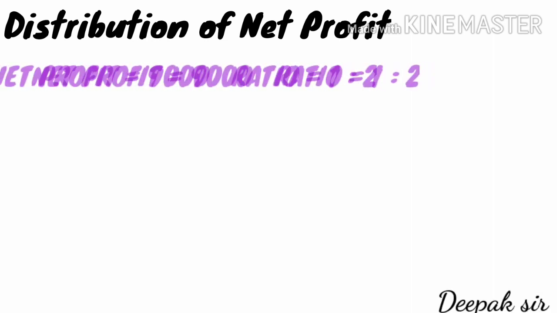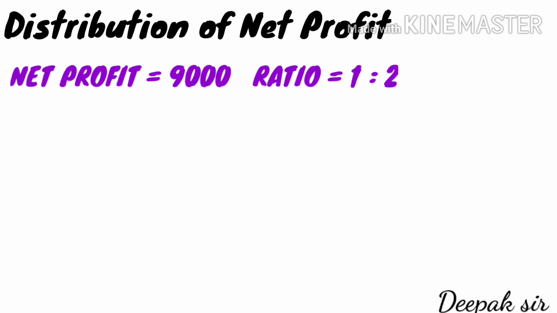And if ratio is not given in the problem, then the profit or loss will be distributed equally among both the partners. Now let us take an example where the net profit of the firm is 9,000 and the profit and loss ratio is given